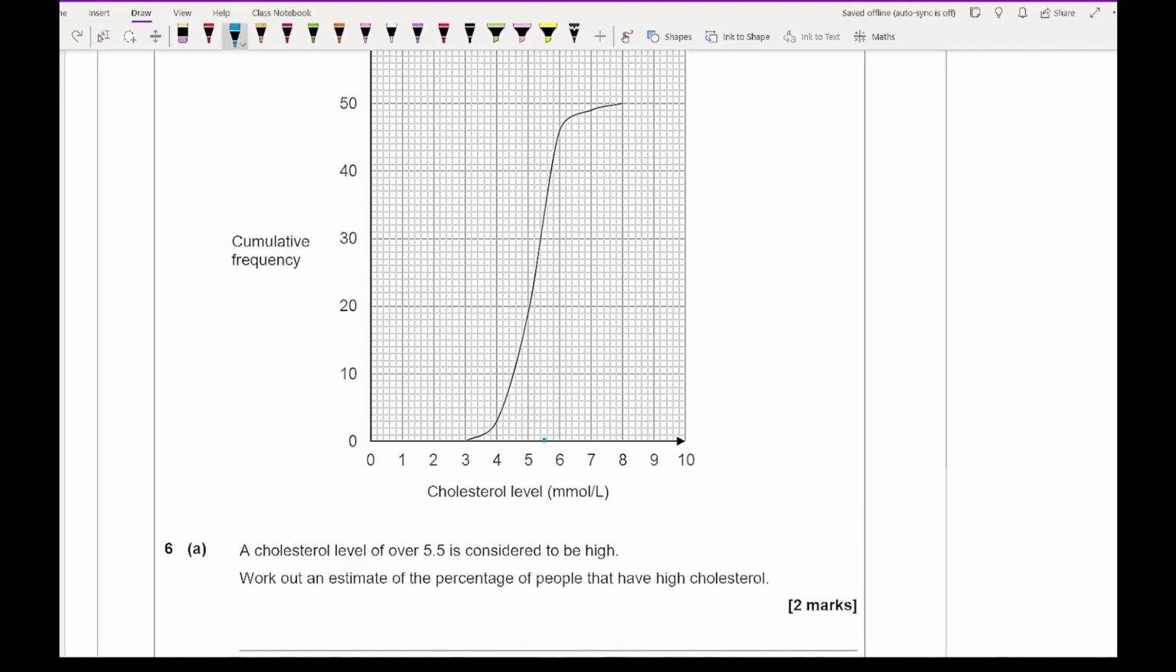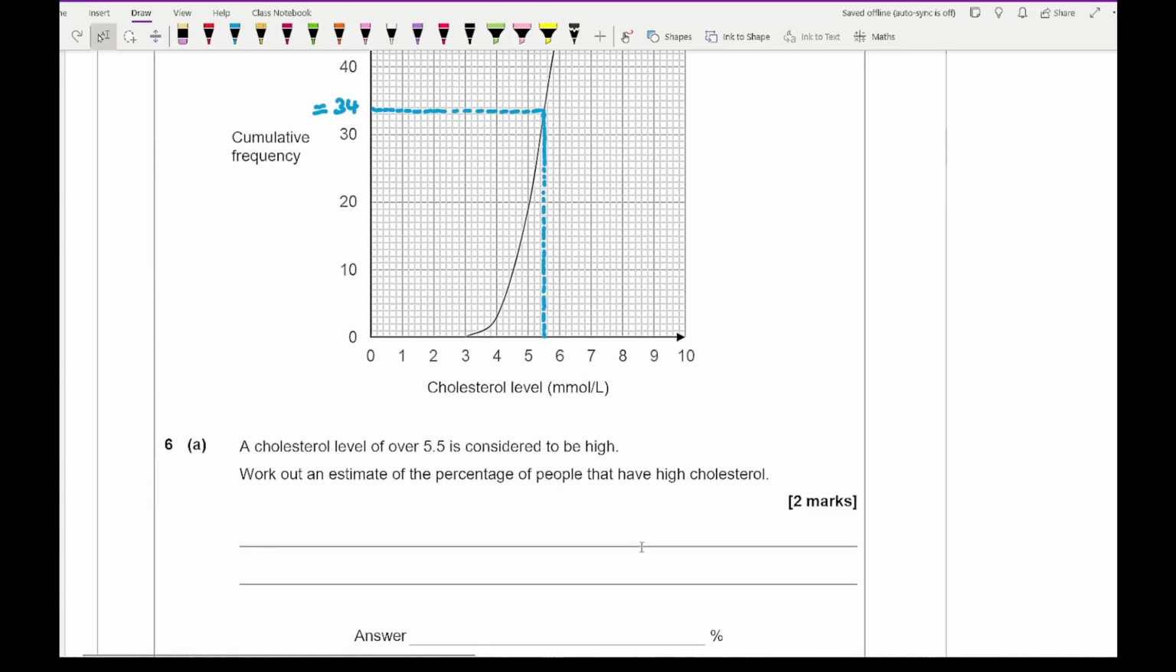Now I find whereabouts that is until it hits the curve, which is just about there, and I'm going to draw a bit of a shady vertical line, and then as soon as it hits that curve I want to project across, roughly about there, again using a ruler, and I make that out to be roughly around about 34. So then I know that 34